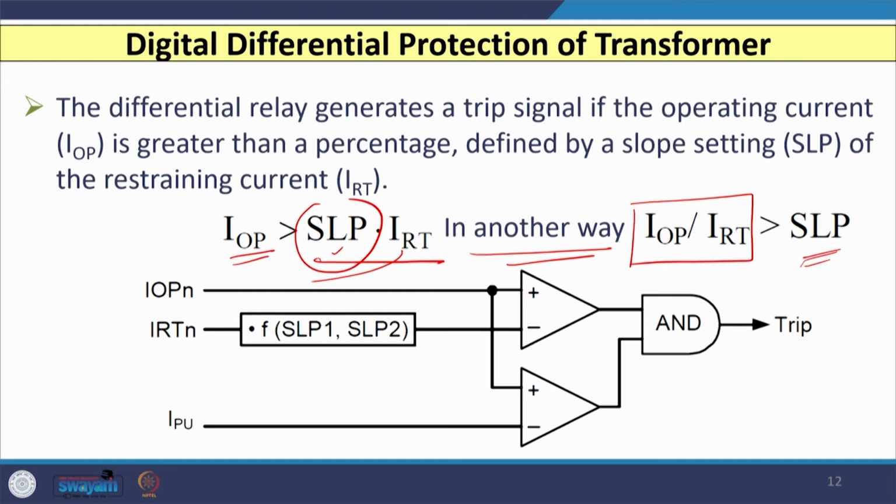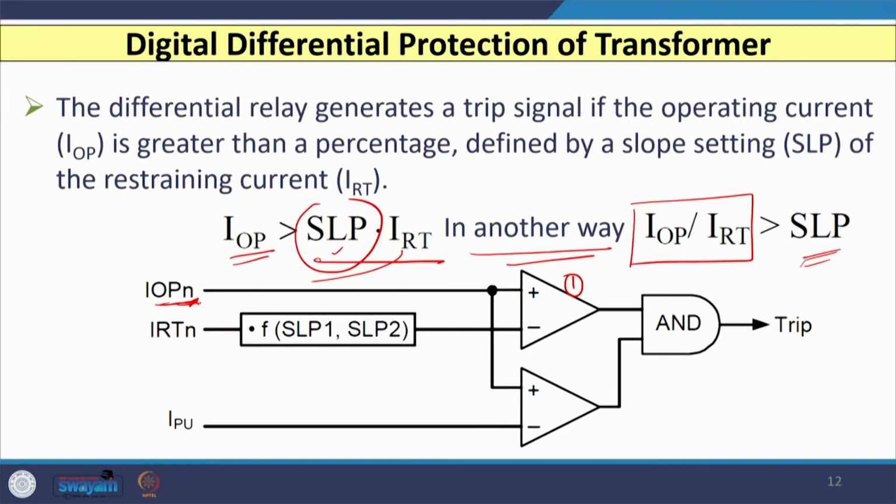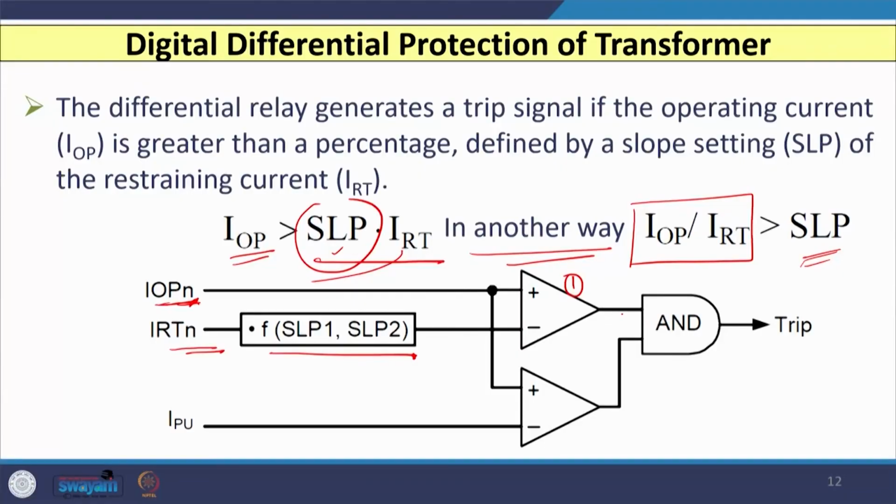If I put this in a block diagram, then my operating current IOP is given to an operational amplifier, let us say op amp 1, and this n indicates the discrete values. This we are going to obtain from the phasor estimation, because we have already discussed the discrete Fourier transform and some other methods to estimate the phasor. So, you will have one value of operating current, that is the phasor value. You will have the restraining current also in phasor form, and that is multiplied with the slope depending upon whether you use single slope characteristic or dual slope characteristic, and that is given to the AND